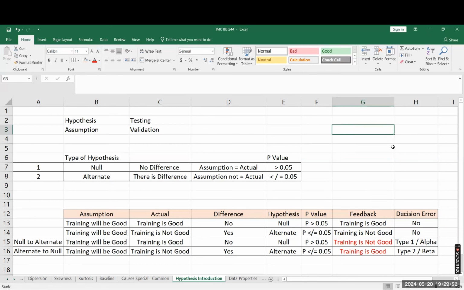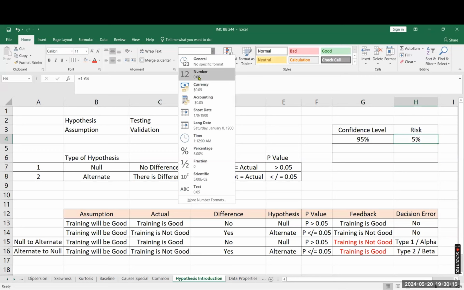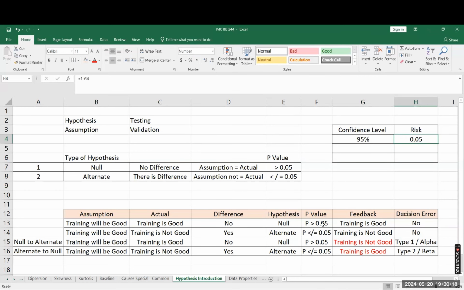Got it, no problem. I will just write here. So confidence level, if it is 95%, then we are taking the risk of 1 minus confidence, so 5%. 5% we can write as 5 with the percentage, or if I write it as a number, then I will say 0.05. So this value is 0.05 or 5%, which is the risk level. That's how it will come. In case you are using 90% here, the risk level will be 10% or 0.10. So then this value you will be reading as 0.10.